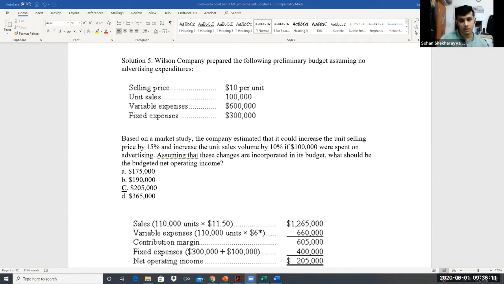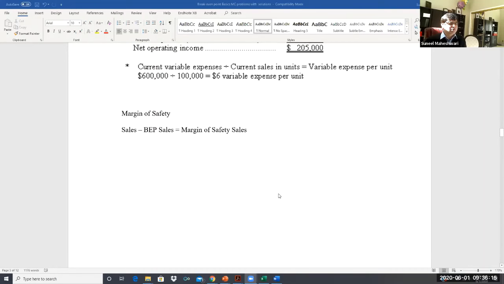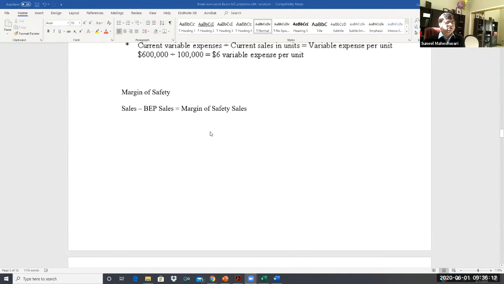Good. Now, next is the concept of margin of safety. Margin of safety is anything over your break-even point. So any sales that you make over your break-even point is your margin of safety. And related to that is what we call the